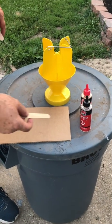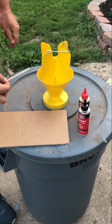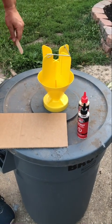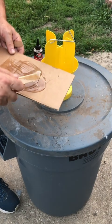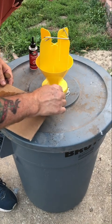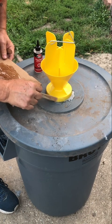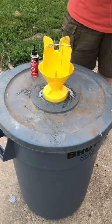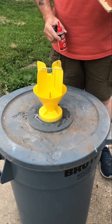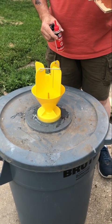The next step, I'm going to use this JB Weld 2-part epoxy to secure the hard trap to the top of the garbage can lid. I'm probably mixing up more than I need, but it's easier to mix up more than you need than to go back and try to do it later. There we go. Now that the trap is glued to the lid, I'm going to let that sit overnight, and tomorrow I'll drill